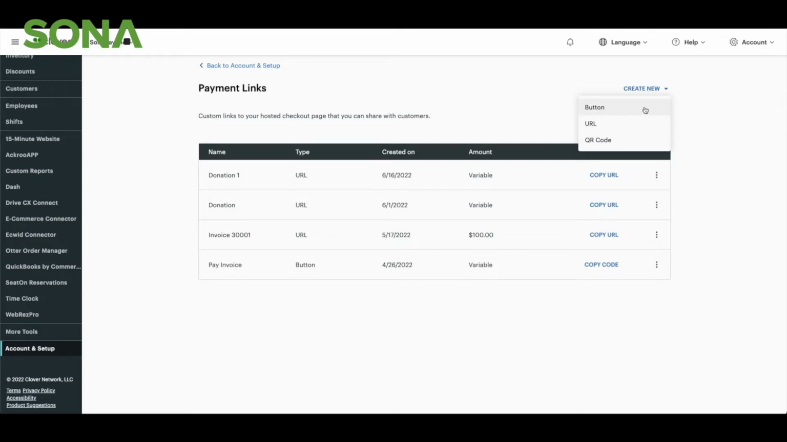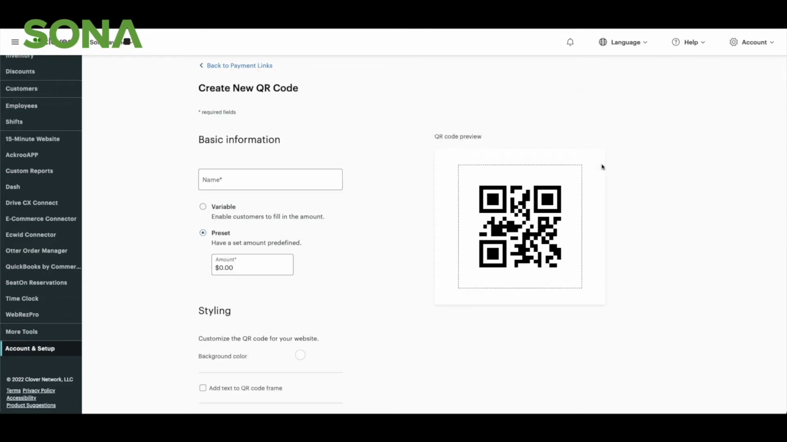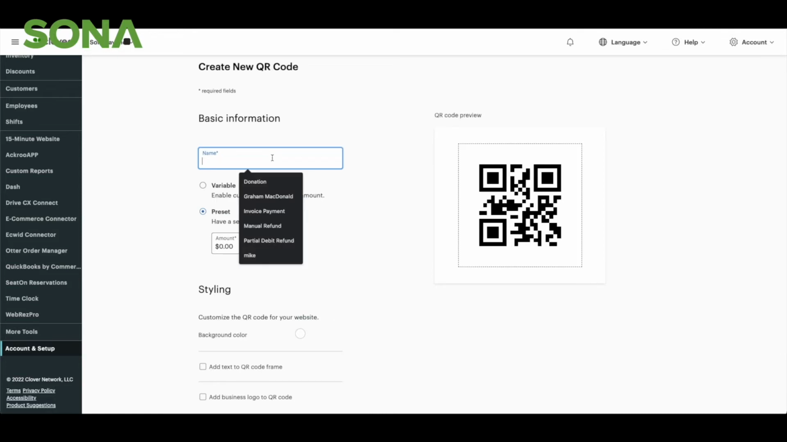We can make a button that has code to put onto a website. We can do a URL, just a simple link that you could post on social media, or you could give to anybody to access one of these payment links. And then we have a QR code. So I'm going to do a QR code first. This is kind of what the setup screen looks like. We can give it a name. So let's do donation one,